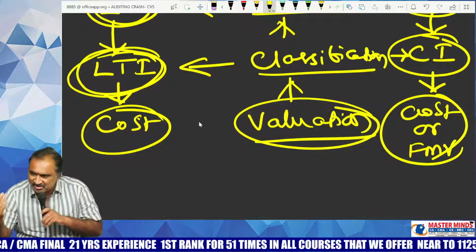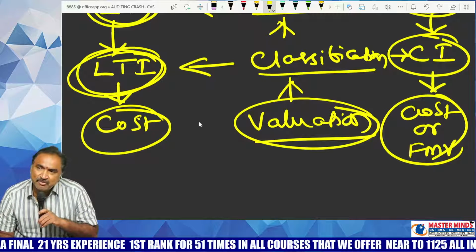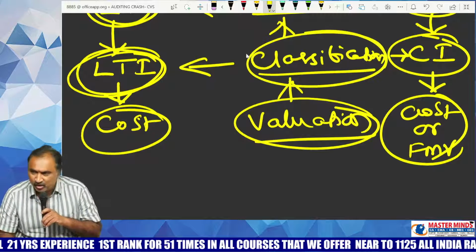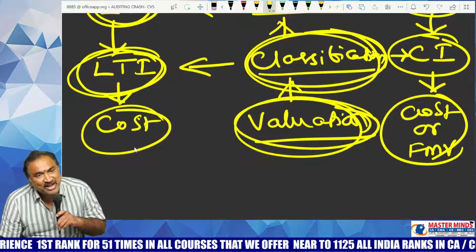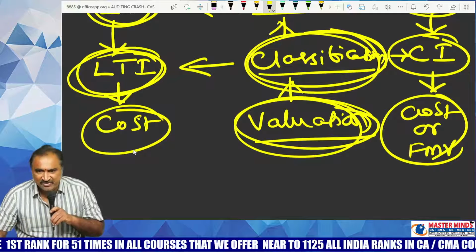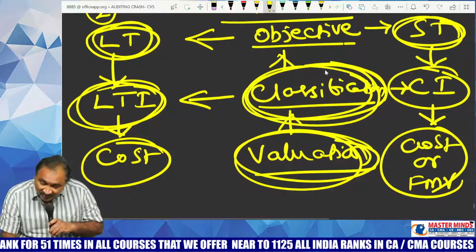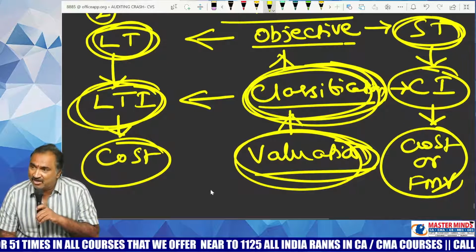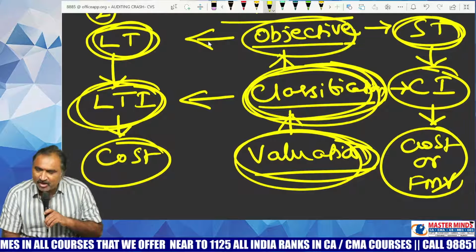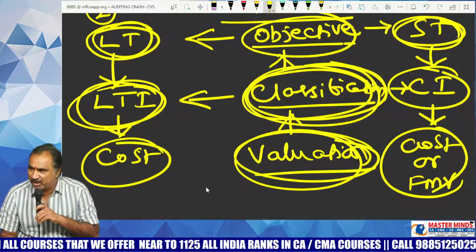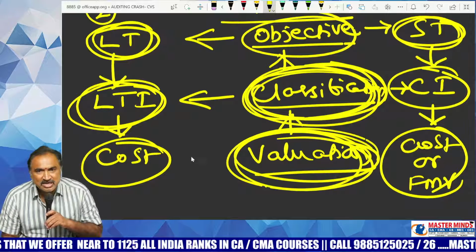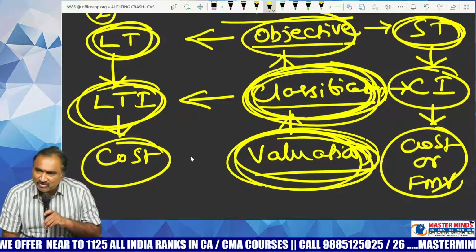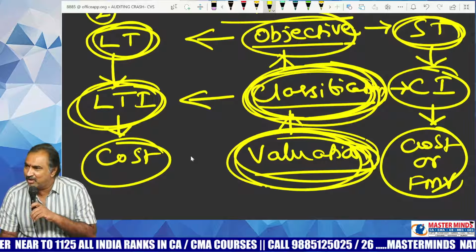As already discussed, valuation of investment is dependent upon what? Classification. So, in order to check the correctness of valuation, first of all, the auditor should identify the classification. In order to verify whether classification is correctly done or not, first of all, the auditor should try to ascertain the objective. I repeat, correctness or otherwise of valuation is dependent upon classification. Correctness or otherwise of classification is dependent upon the objective.